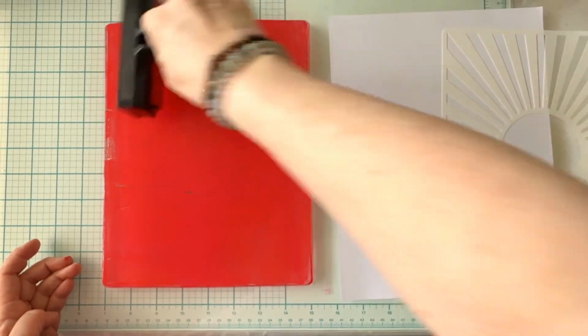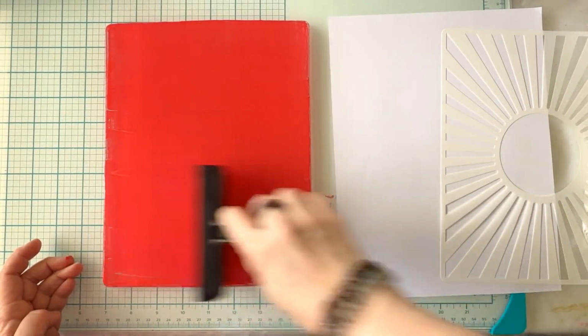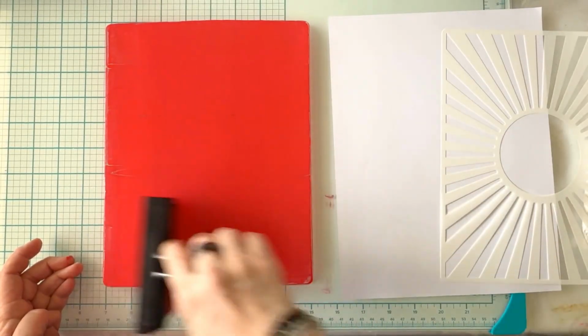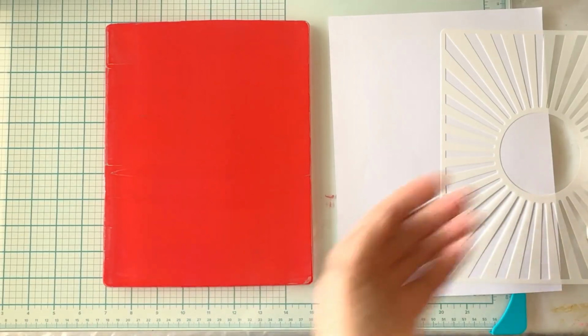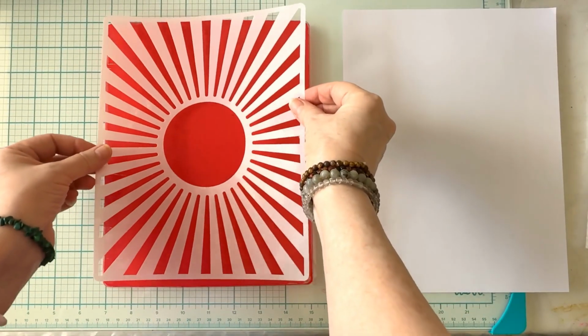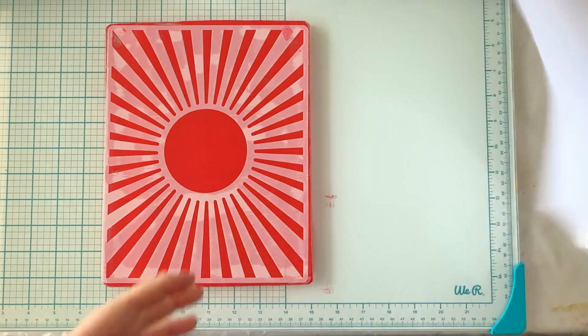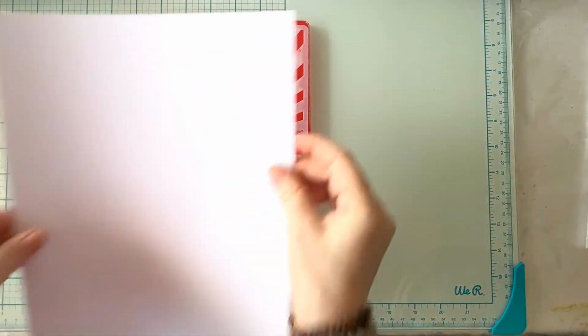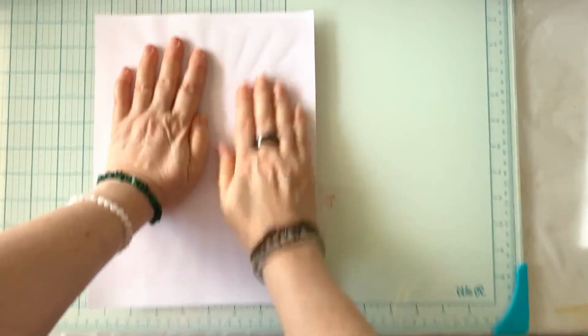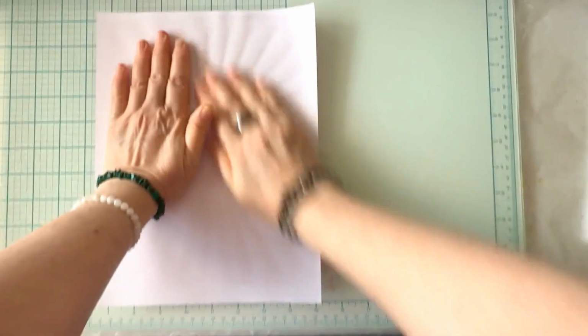That is interesting how it's making some marks in there. All right, let's put that over here. Now, I'm going to put this stencil on top. Okay, now I'm going to put a piece of regular old copier paper on here, pressing it down really good